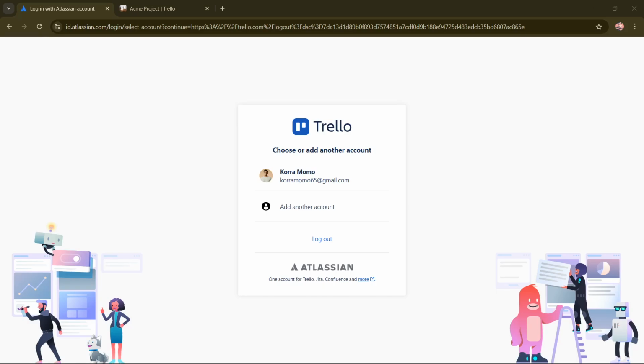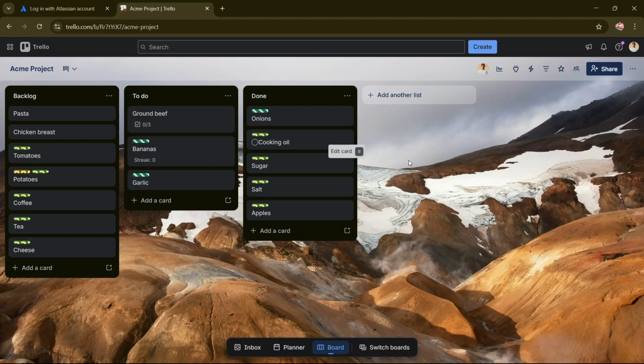In today's video, I'm going to teach you Trello, how to use stickers as visual workflow signals with automation. Start by opening Trello and signing in to your account. Once you're in, go straight to the board where you want to use stickers. This is the board that contains the cards you want to highlight visually, so make sure you're in the right